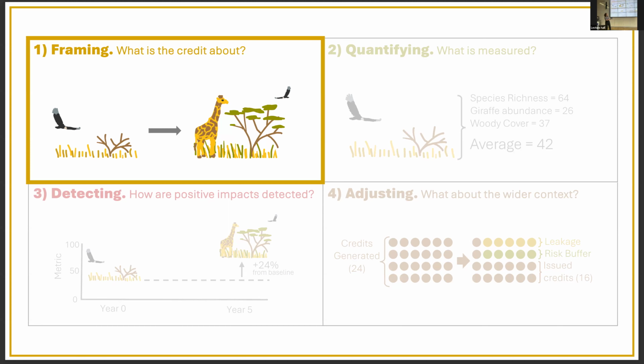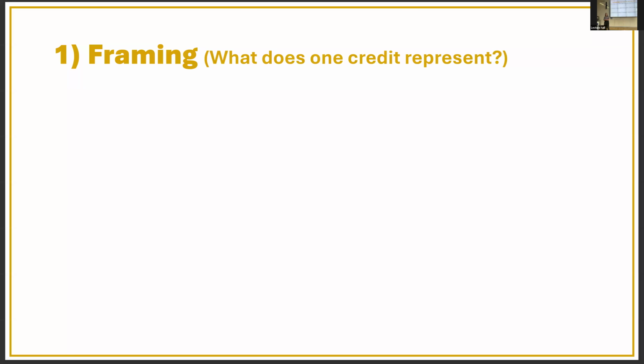So the first stage, framing. This is just about what one credit represents. It's really fundamental stuff, but at least for me, before I started working on this, not being so familiar with biodiversity credits, some of these things you're like, oh, I just didn't realize these basic things. So generally, a biodiversity credit represents 1 hectare of land. Not always. There's some companies that are doing them on 3 by 3 meter squares. One of the organizations is representing a credit by individual trees, but almost always 1 hectare of land.